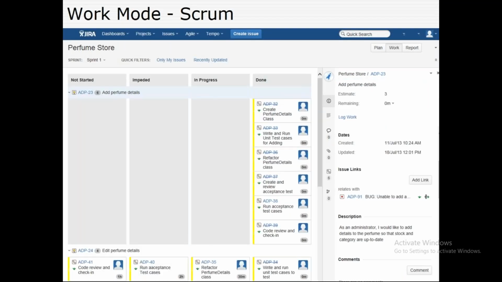During the working mode, this is called a Scrum board or sprint board. In this sprint board, you can see how many items are in progress, how many are in development, how many are in testing, how many are resolved. All that would be there in the sprint board, including who is working on each item.